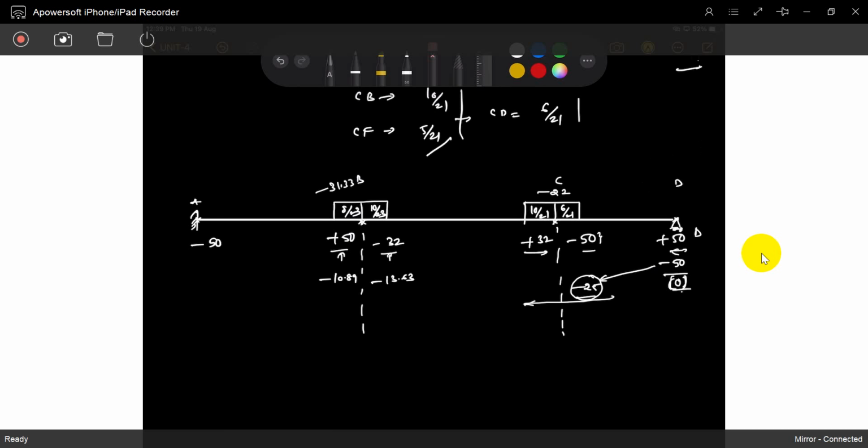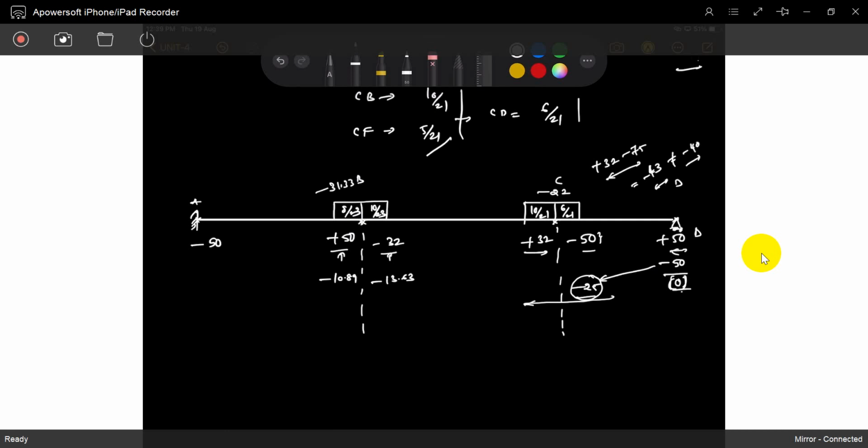If you start with the hinge end, it already settled the joint D. So we will get minus 25 at the CD end, and now we can directly take it into consideration. Now you see it's a plus 32, it's a minus 75. Are you understood? It's a minus 75. What is that value? 75 minus 32, it's 43. It's a minus 43. It is not equal to minus 40.